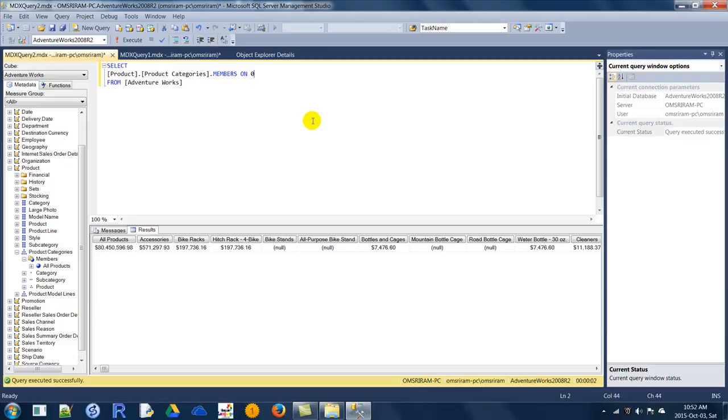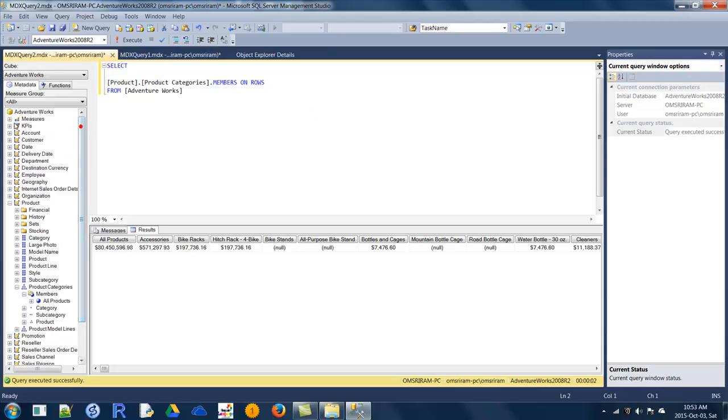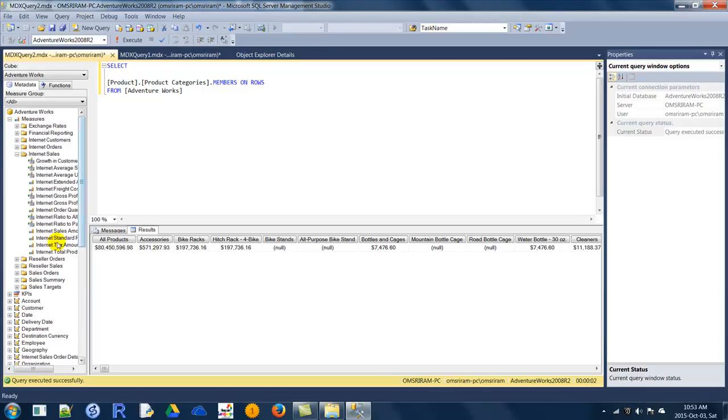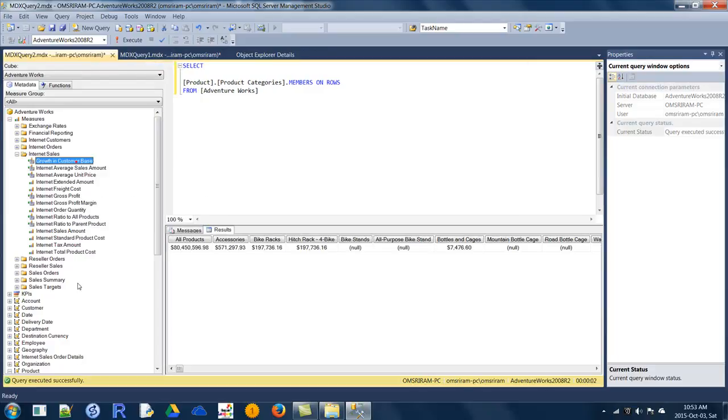Now, this is on rows. I would like to mention the name instead of 1, 0, 1, which is always rows. And on columns I want to display internet sales amount. Where is that? Okay, I want to display it on columns.